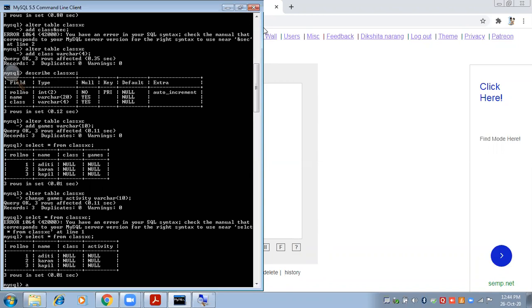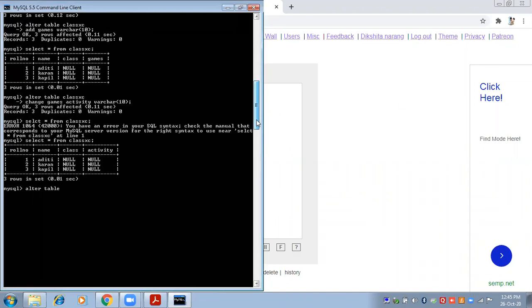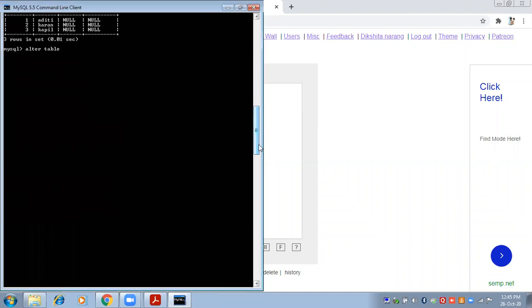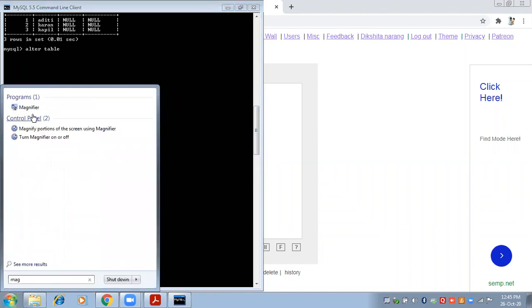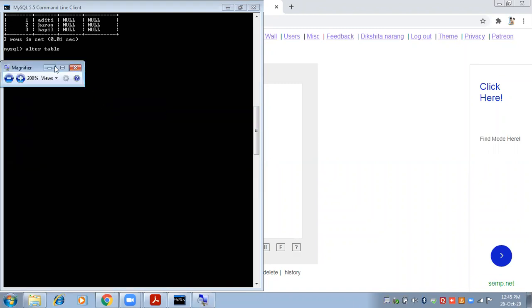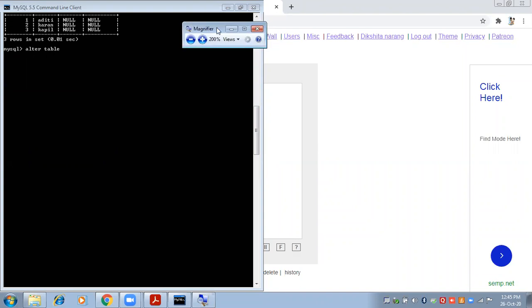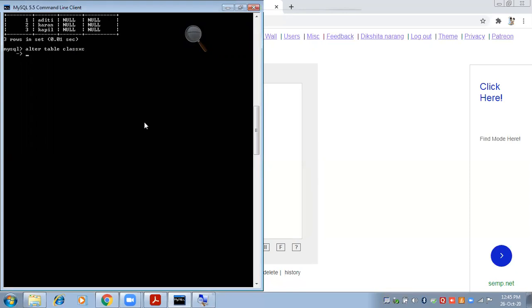So for this you will use a command alter table class 10c, and this time we have to modify the size of the data type.